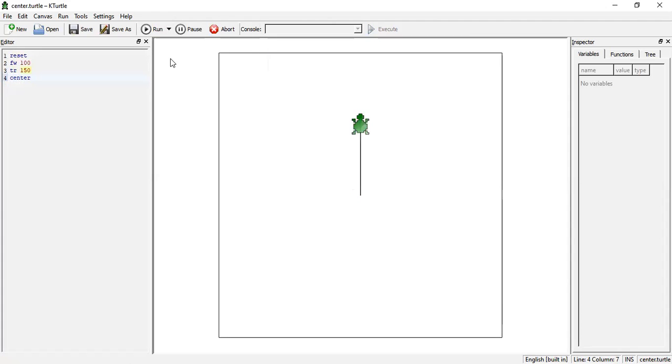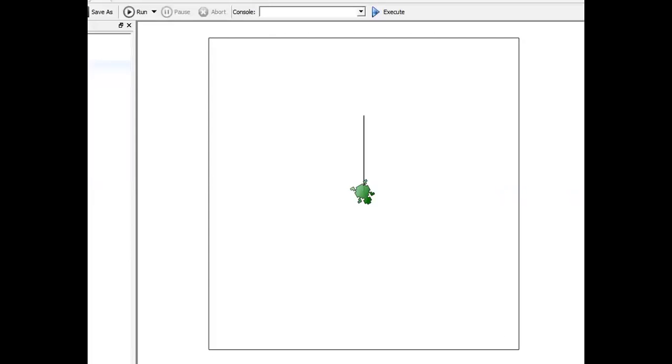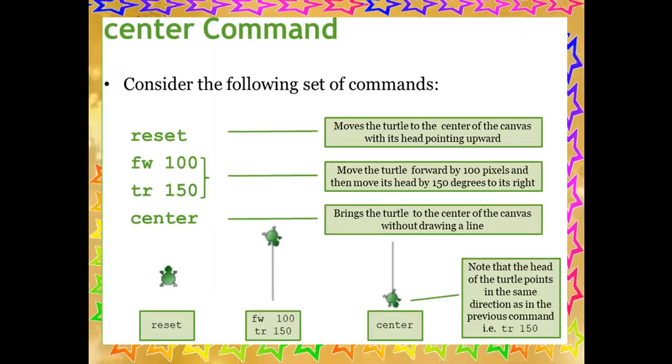You can see it moved and then it came back in the center and turned the face towards the left side. This way you can practice by yourself the commands we discussed today, the direction command and the center command. And I hope my children will be practicing these things.